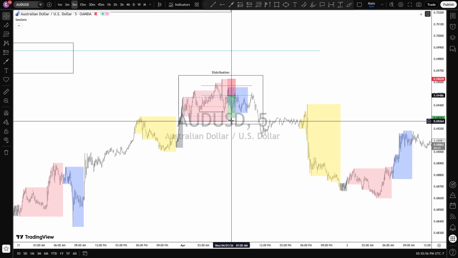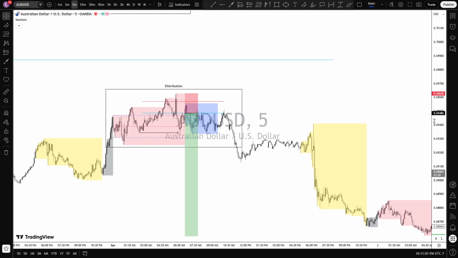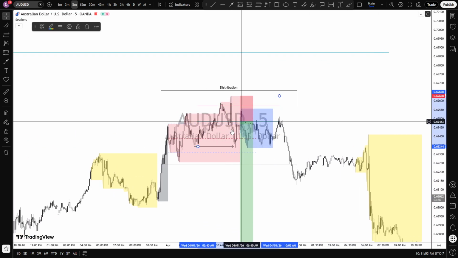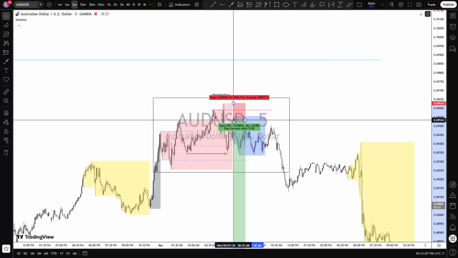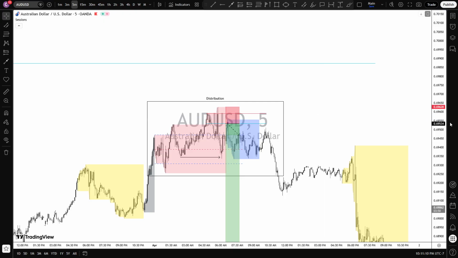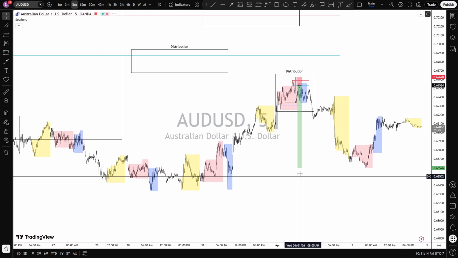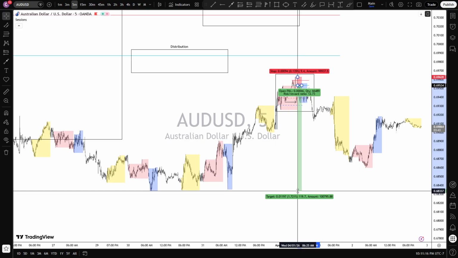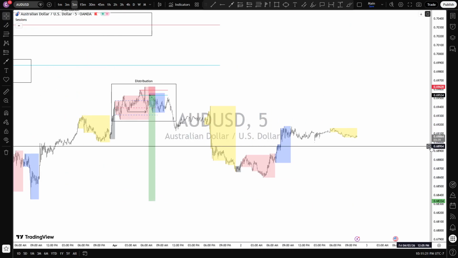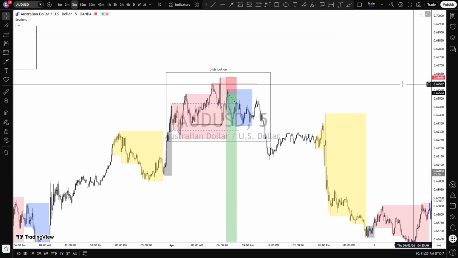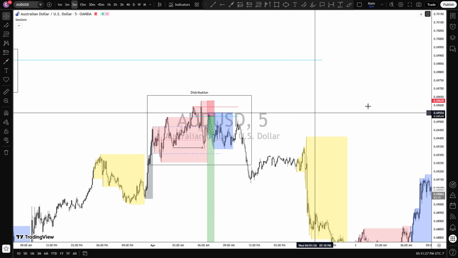14 pip stop. Actually, would I have taken that? No, let's see. Probably not that whole move. I probably just want to measure this move then. Still a nine pip stop loss. It's still pretty big, but to the low, it is worth it. So yeah, I probably would have taken that if I would have measured out this move. But I did miss that.